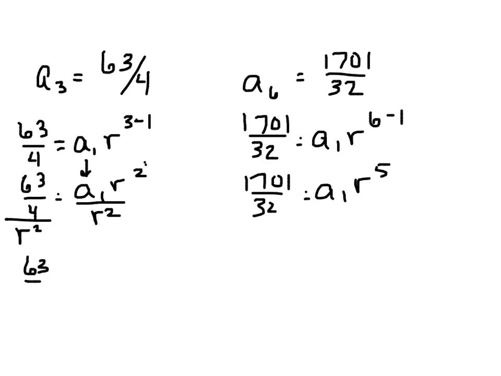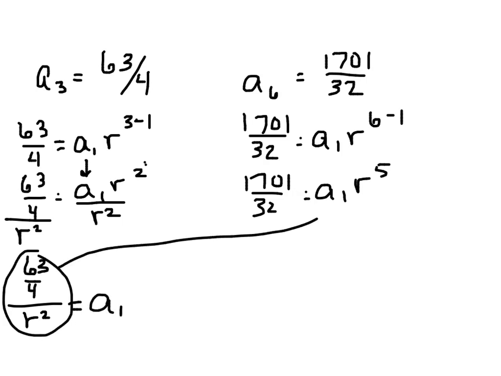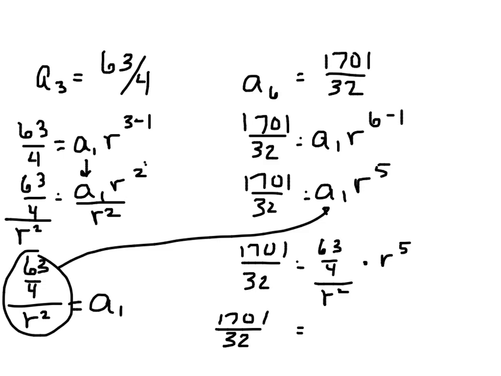I get 63/4 divided by r squared equals A1. So what I'm going to do is put this into there, and simplify it out. So 1701 over 32 equals 63/4 divided by r squared times r to the 5th. Now, using my exponent rules, if I have 5 r's on the top and 2 r's on the bottom, that means I have 3 r's left over on the top. Then multiply by the reciprocal in order to get rid of the 63/4. So that all cancels out. So you have r to the 3rd equals,